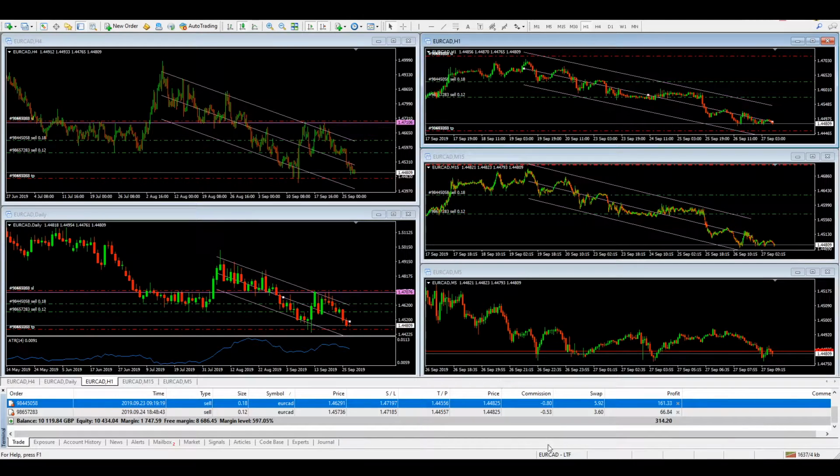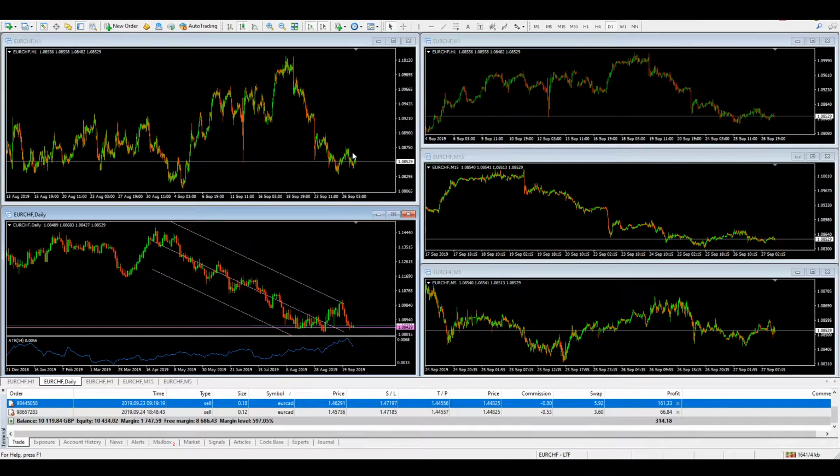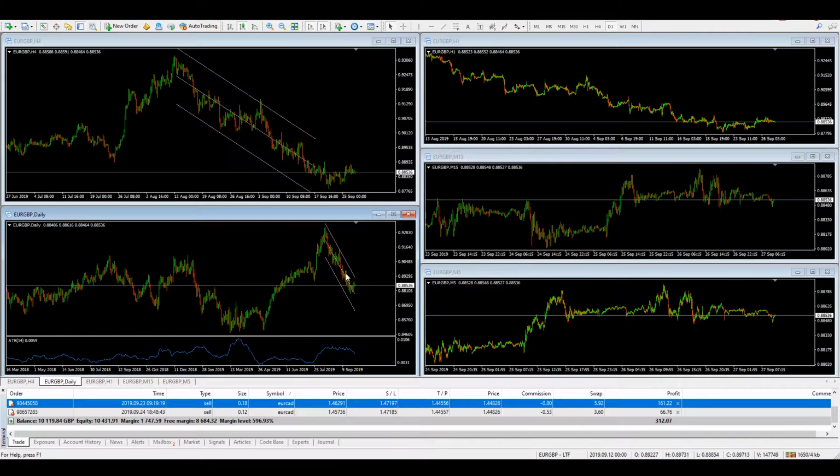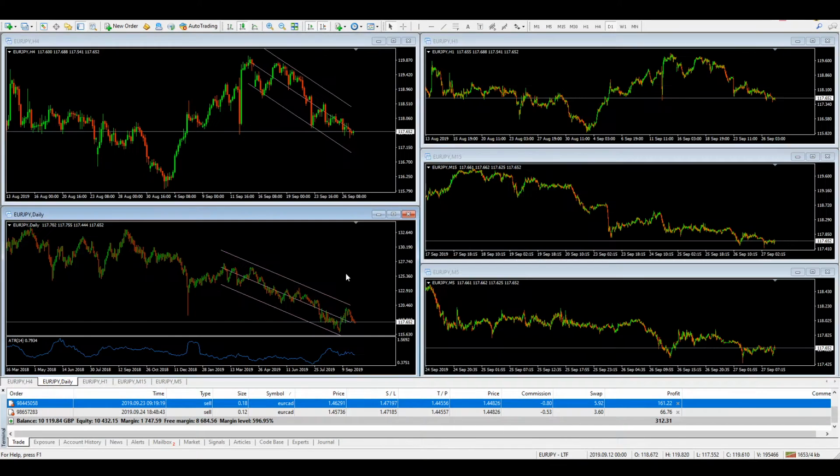So okay, let's move on to the next one. Euro Swissy, no, wouldn't be looking at this. This is just, again, too much support the price has moved into. Definitely bearish overall, but it's found support. I don't want to sell into that support, so pass. Nope. Euro GBP, nothing can really see there. Euro JPY, no,